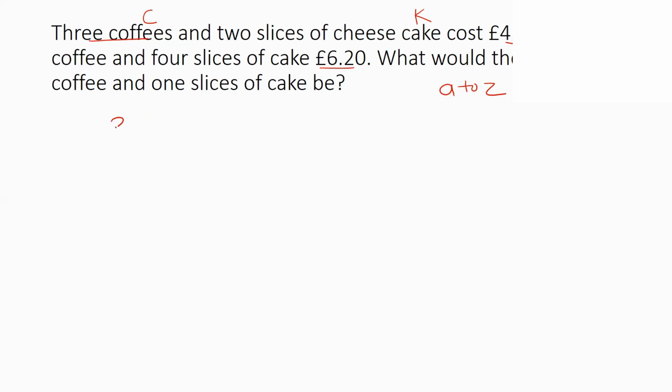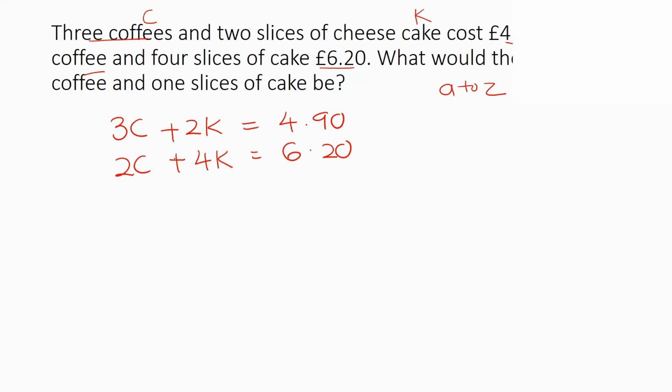So we have 3 coffees plus 2 slices of cake equals 490. And then 2 coffees plus 4 slices of cake equals 620. Now in this case, we are going to double this. And why are we doubling it? Because we want to get rid of one of the items. So let's say if I double this,